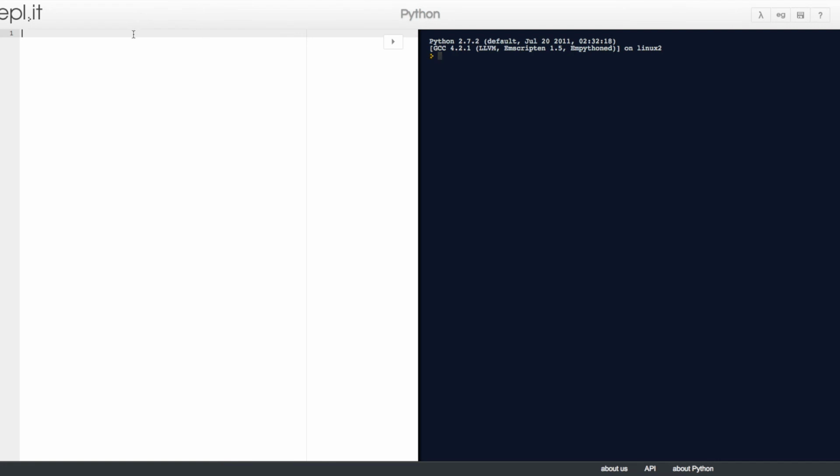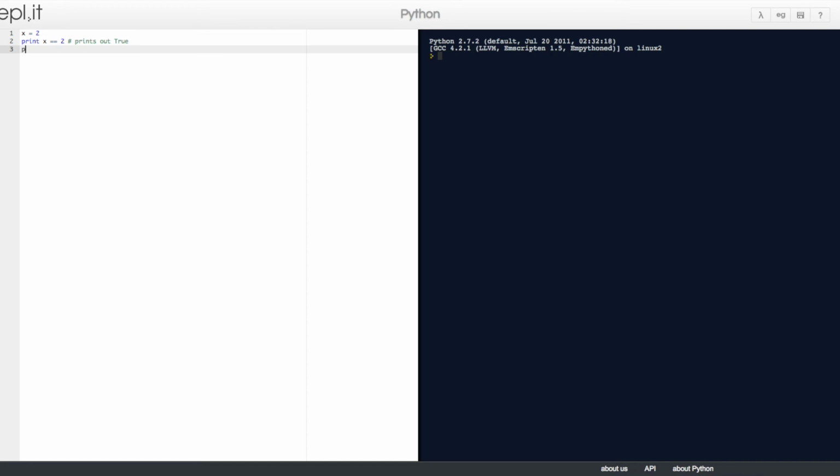For example, we'll declare that x equals 2, and now we want to print different expressions and see if they're true or false. So we want to print x is equal to 2, and in the comment we'll just add that it will print out true. So it prints out true.